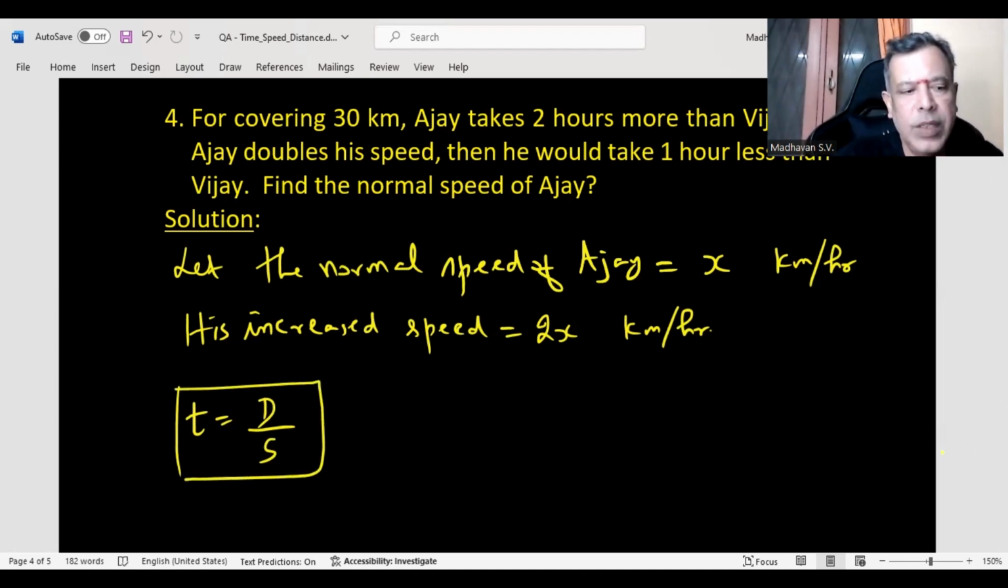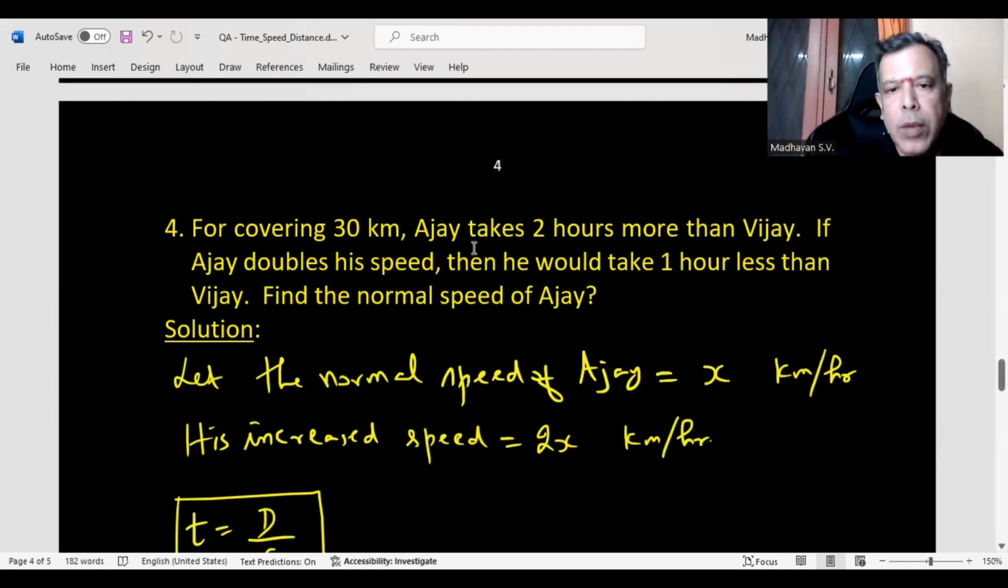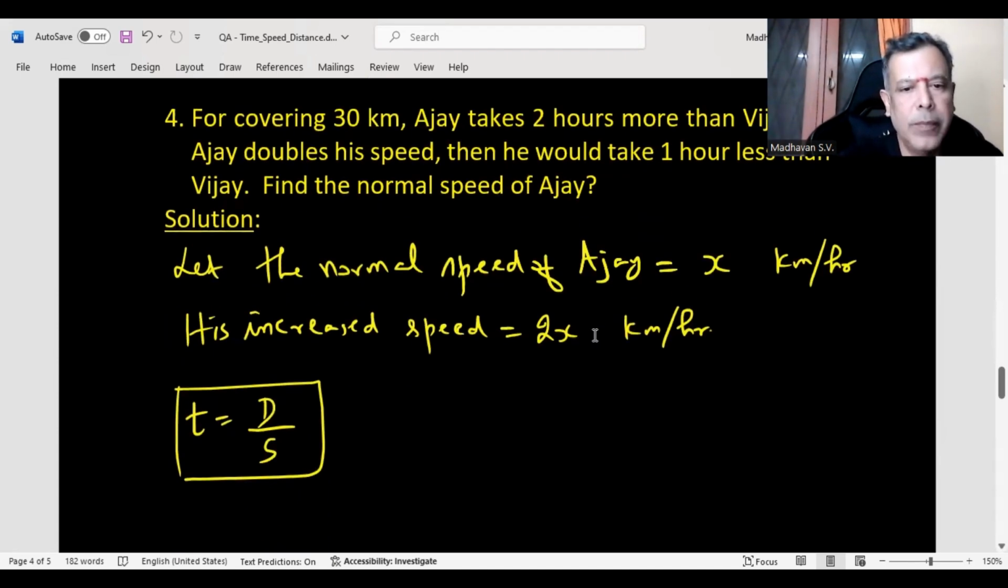Now let us see how much is the gain. Normally Ajay takes 2 hours more than Vijay, but if he doubles the speed, he would take 1 hour less than Vijay, which means that he would have saved or gained 3 hours overall. So I will say gain in time is equal to